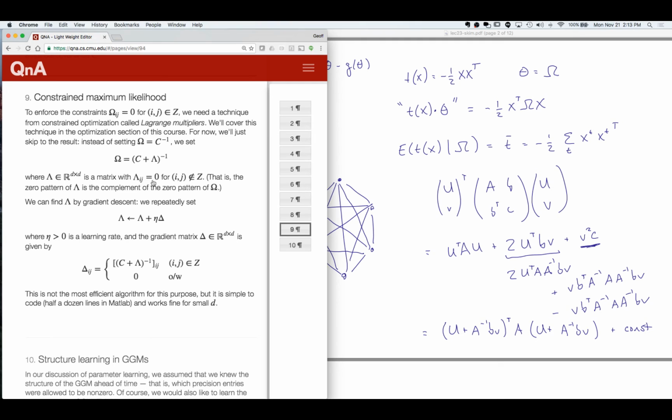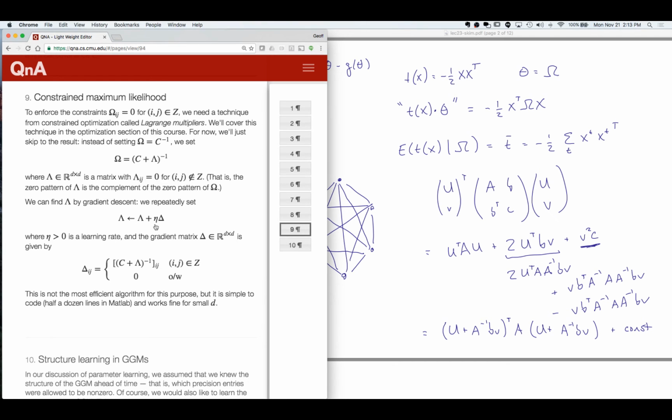And lambda is going to be 0 for all of the elements of omega that are allowed to be non-zero. And lambda is going to be non-zero wherever omega is constrained to be 0. So the zero pattern of lambda is the complement of the zero pattern of omega. And so all we have to do is find lambda in order to be able to do constrained maximum likelihood. And here's an algorithm for finding lambda. We just repeatedly update